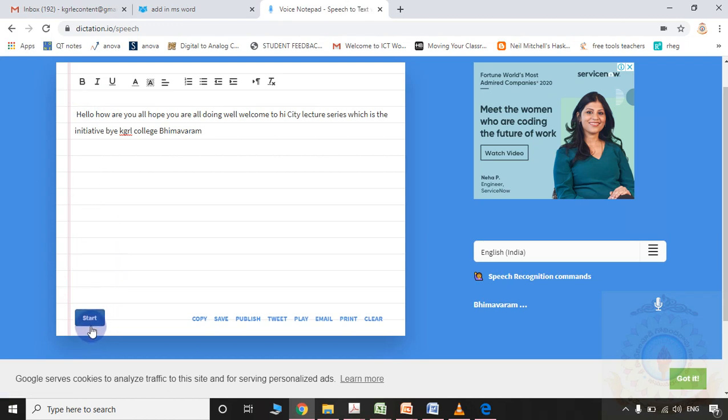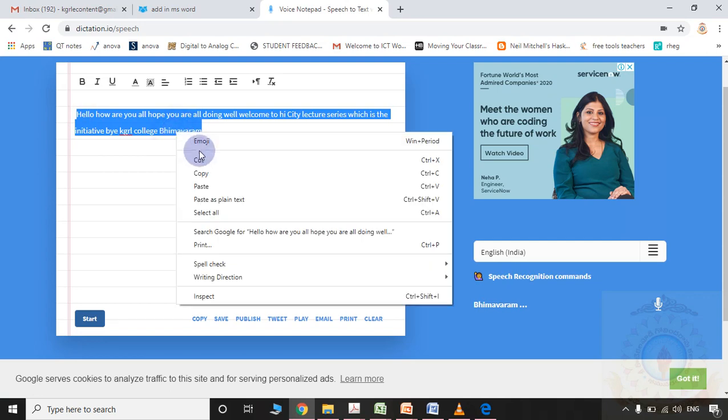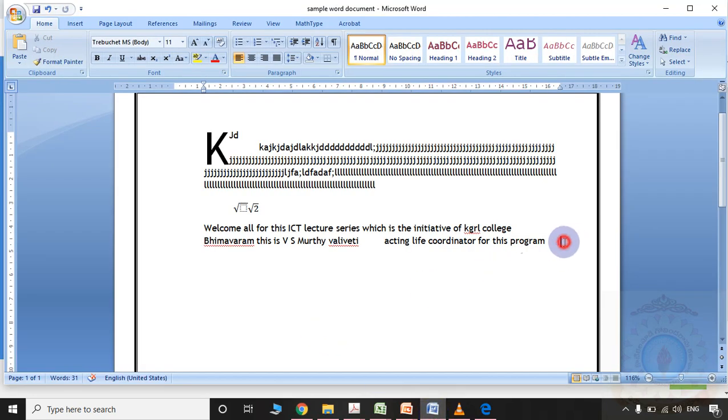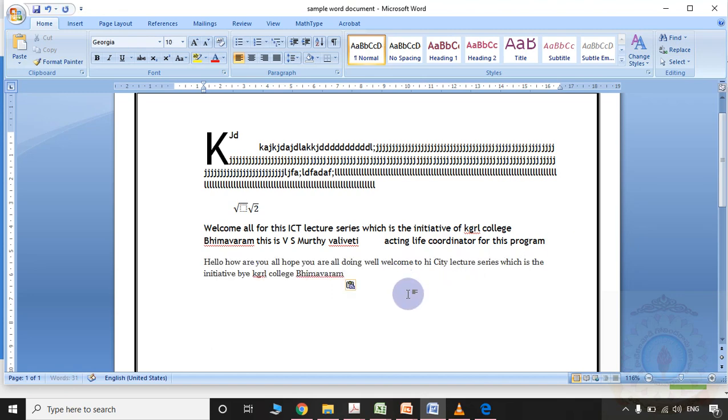So simply you can stop here and you can copy the content and you can paste in your document.